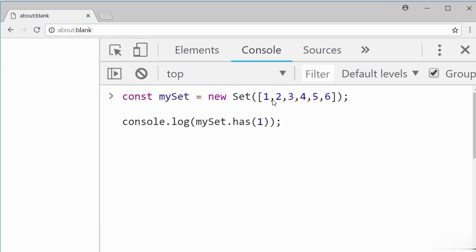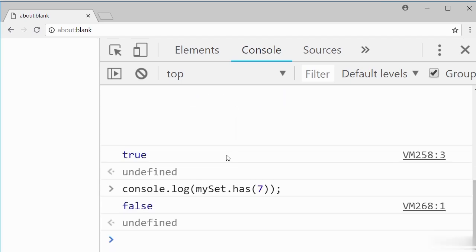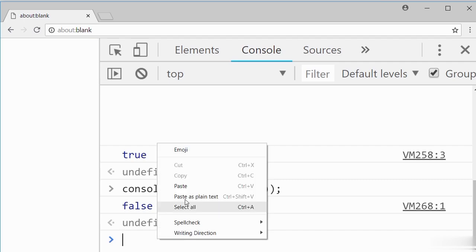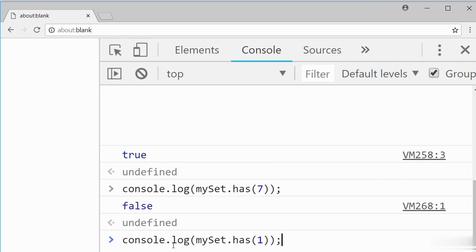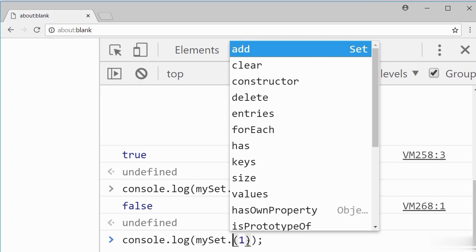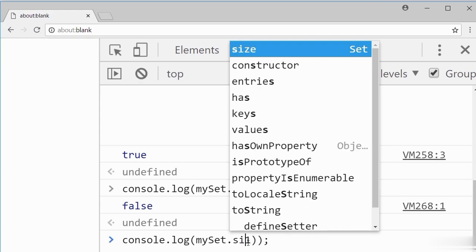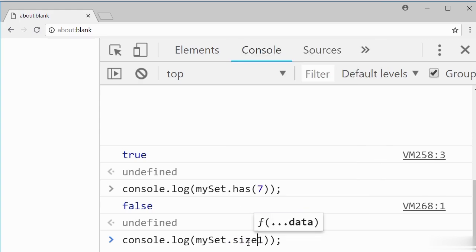You can also check the size of your set. So there's another method you can use to console log to find out. So I'm just going to paste this code in and change it. To find the size of the set, I'll say my set dot size, and that will give me the size of my set. So if I press enter,